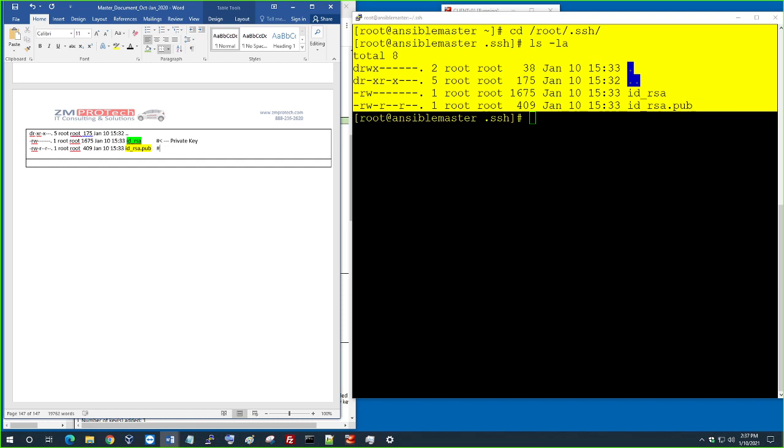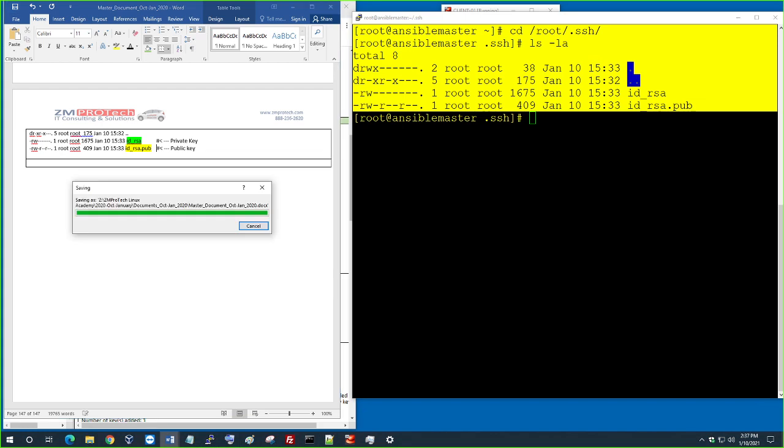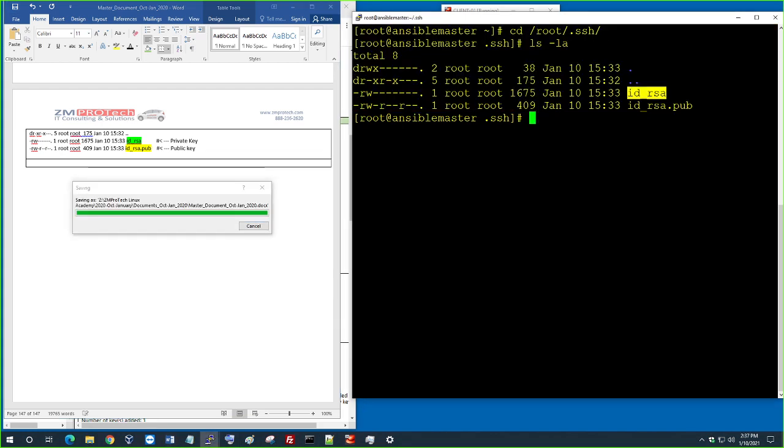Mathematically speaking, public key and private key belong to each other, okay? They both are the two sides of the same coin. You know how the coins have two sides, heads and tails? This is what they are, okay? And they both must match for it to work together. So now if you do cat,